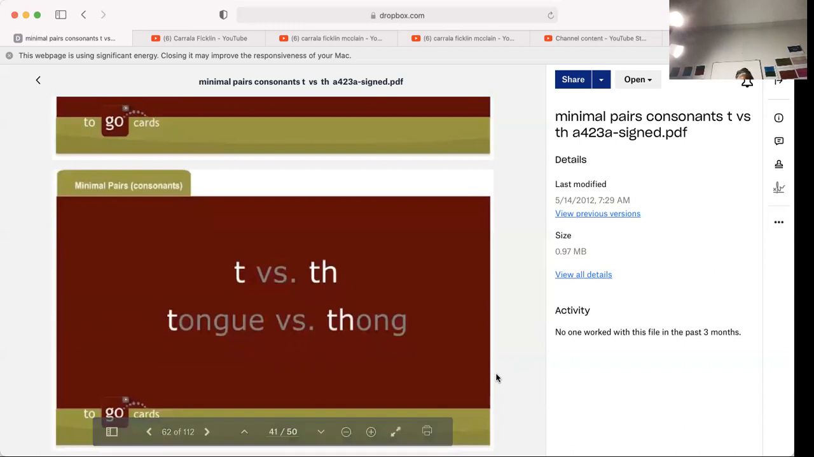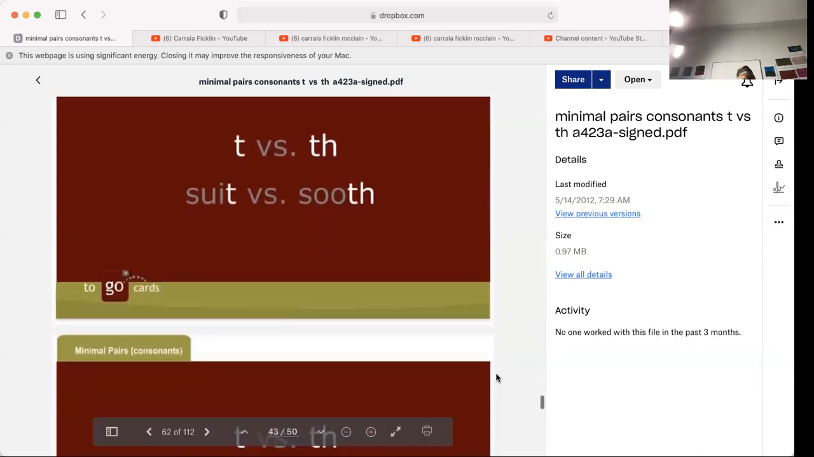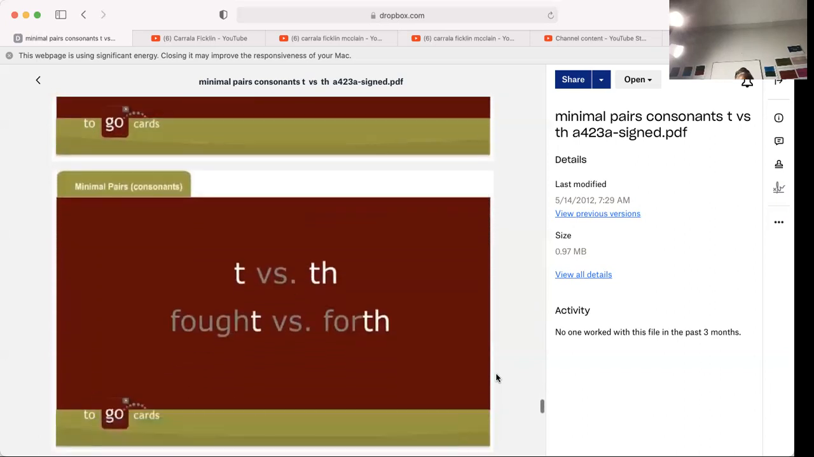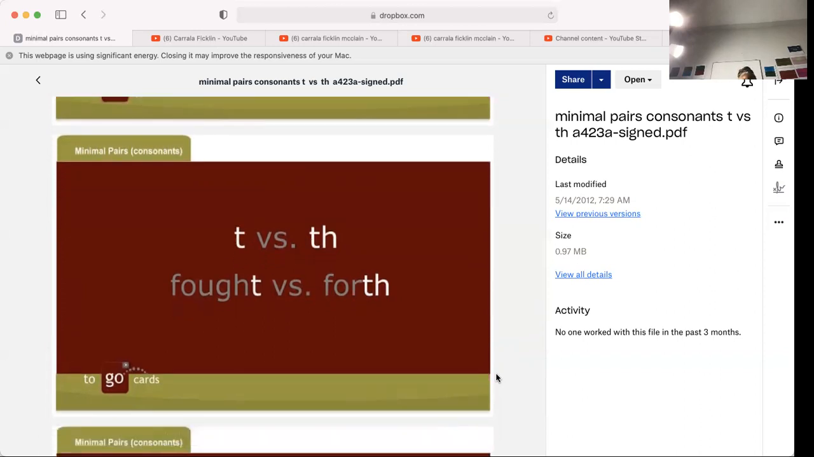tongue, thumb, suit, sooth, soothsayer. Nobody says that anymore. That's more like in Greek tragedies, a soothsayer, someone who's able to predict the future. Fort, fought, fourth,